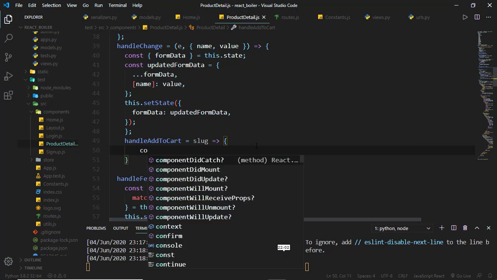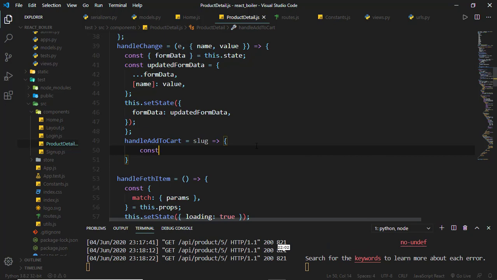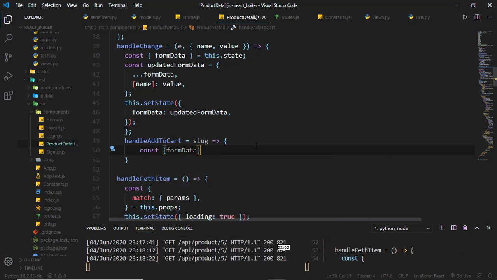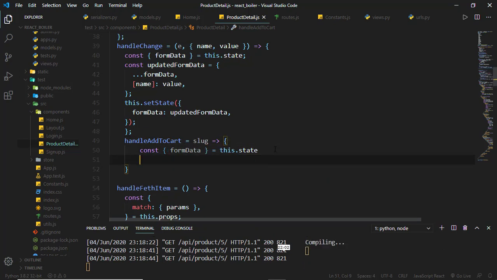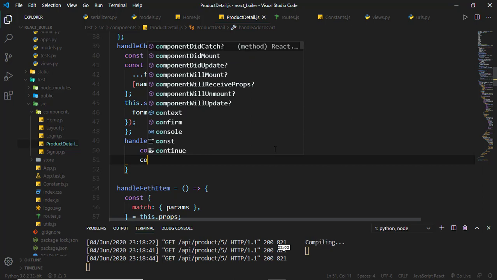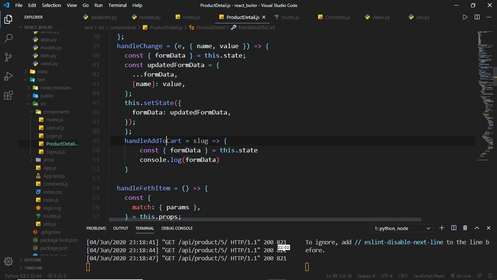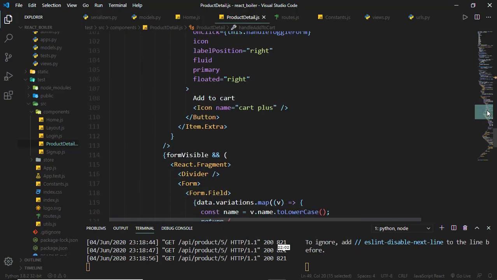So const form data, it is going to come from the state. So this dot state, and we just want to console it out and see how it looks. So console.log form data there, and this handle add to cart, we can bring it on the button,